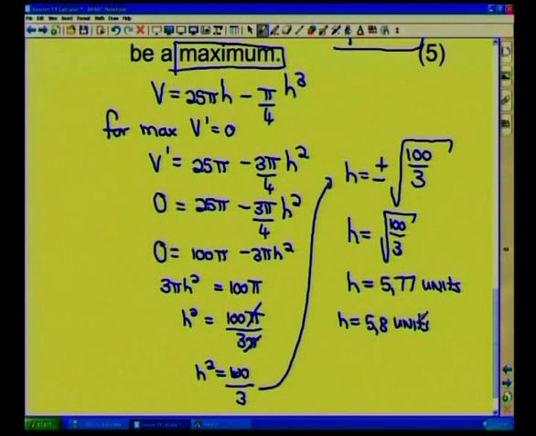Now, a very nice question to do with this is to think about a Coke can and think to yourself, if you were manufacturing one of those, how would you want to get it to work? Well, you'd want it to contain a certain volume, which you would know. I think it's 330 at the moment. It used to be 340 mLs in a tin, but I think it's 330 now. Anyhow, whatever the volume might be,